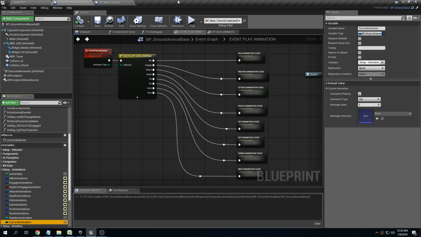Hey guys, just a super quick devlog to show you some animation improvements that are coming for 1.2. As you can see here, I have the ground-based class open with all of the different animation code for all the different types of animation, right? Idle, engage, attack. And what I've done is I've gone through all of this code and I've improved it and